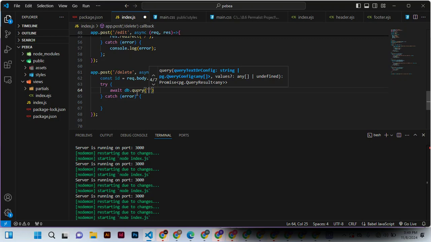What we are doing is we are going to delete from our table, which is items,